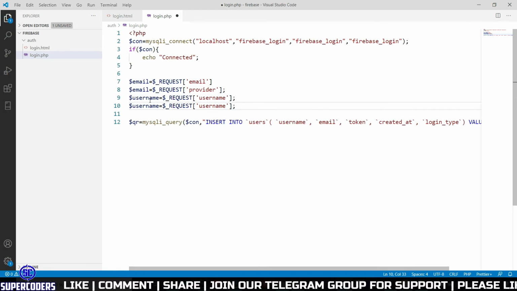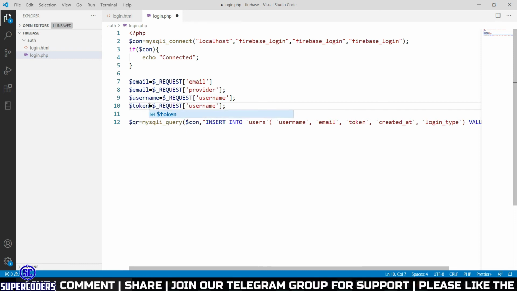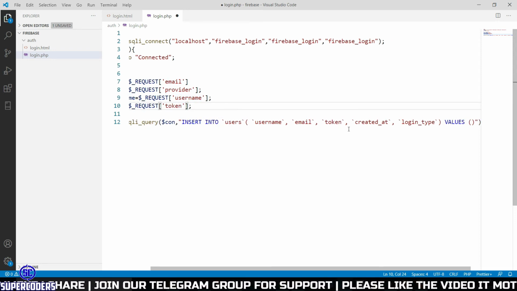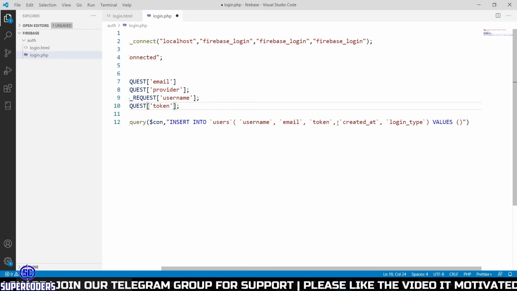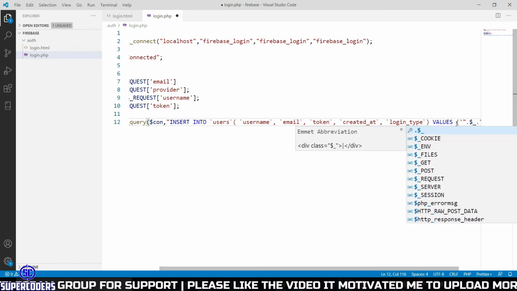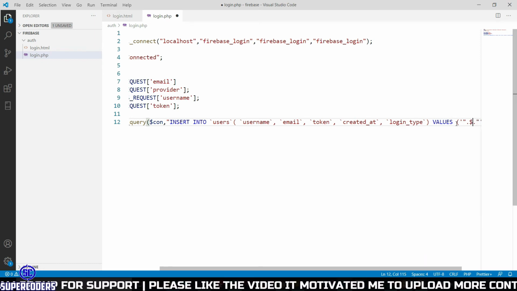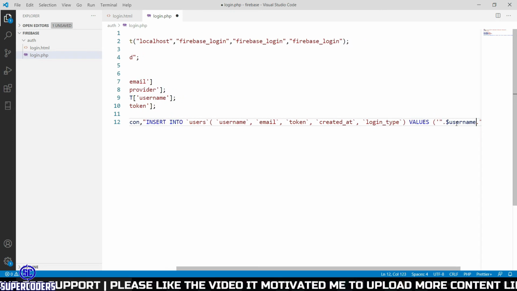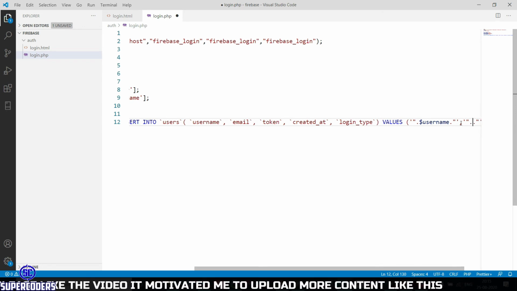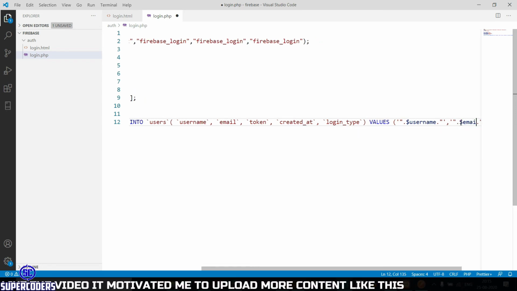Also add token, then here $username. After that $email.